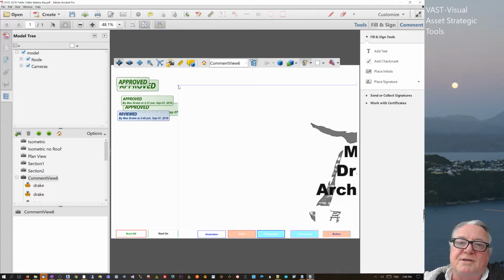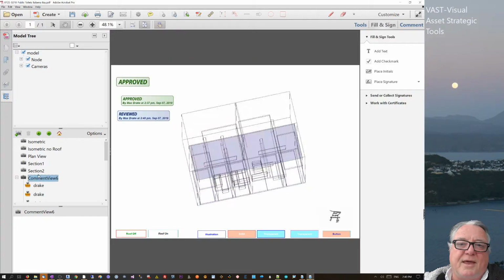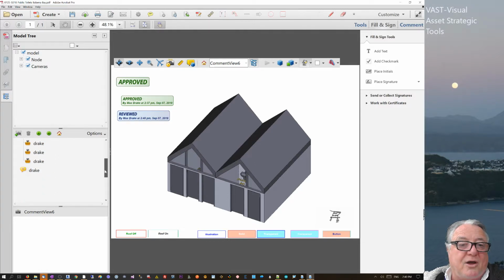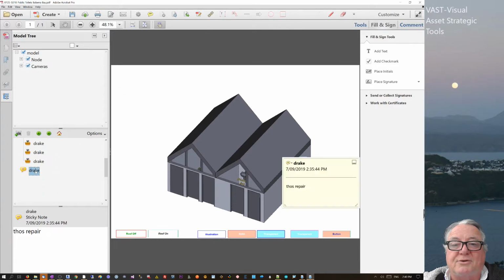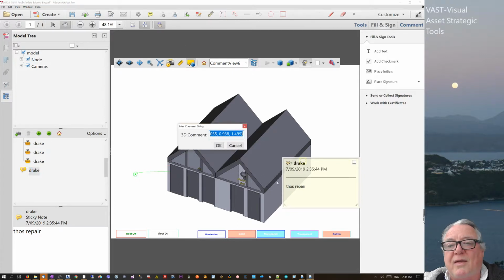Now, where I can see this actually occurring, that other one still comes through on there. The other one where I see this is a bit in change management. You've had changes happen to a certain building, and those can be noted and they can indicate where things changed. So that can be done either with a comment or with a 2D comment or something like that. And with the comments, you can get a 3D comment that will go into the object itself, or you can get a 2D one that floats on the top. So the 3D one is